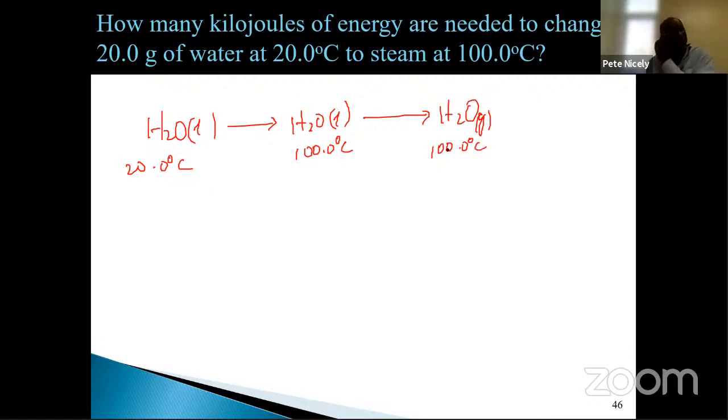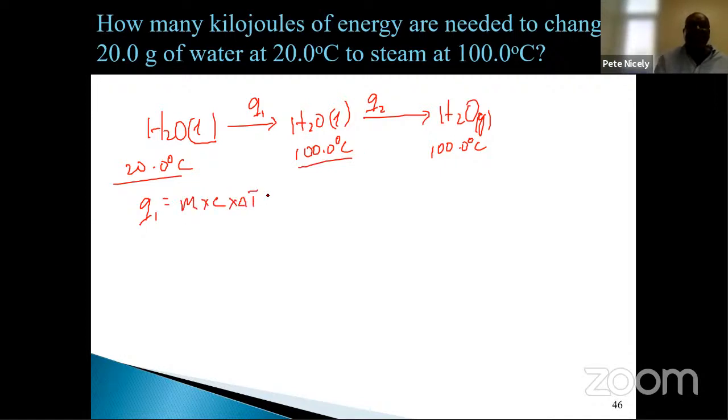All right. So again, we need to calculate Q1 and Q2. Q1, again, because it's the liquid, well, not being converted, but the temperature has changed from 20 degrees Celsius to 100 degrees Celsius. We're going to use Q1 is equal to M times C times delta T, which is equal to M, which is 20.0 grams,